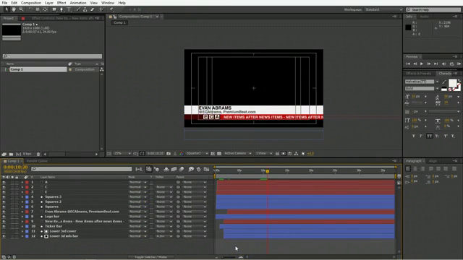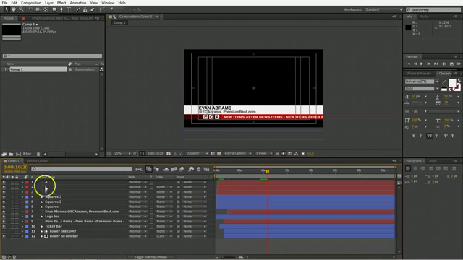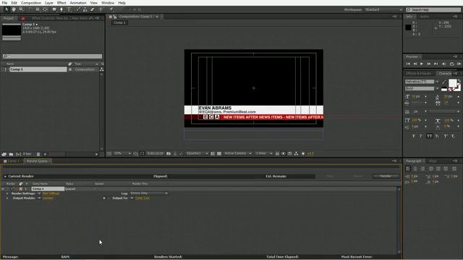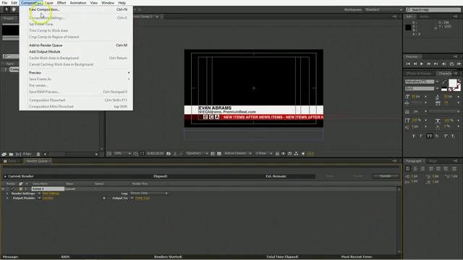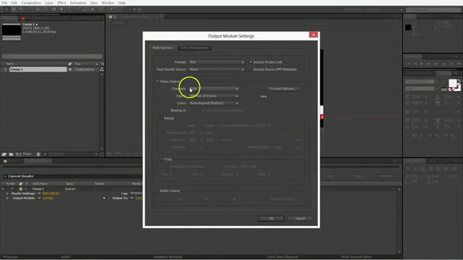Now you have to take this element and put it somewhere else. So we discussed briefly alpha channels before. If you want to export this with an alpha channel, meaning have all the space above and below be nothing when you go to put it into an editing program, what you'll do is you will add this to your render queue, Control M, or you can go composition, add to render queue. And here in the output module, just click on the name, and where it says channels,